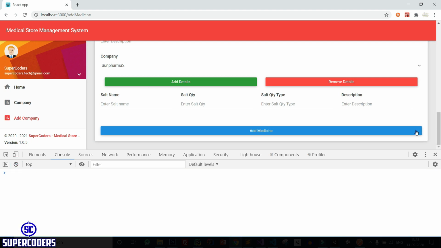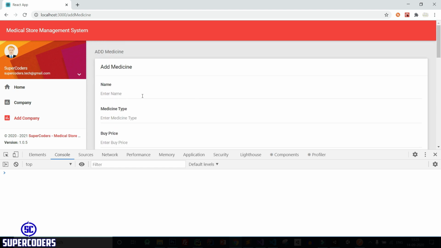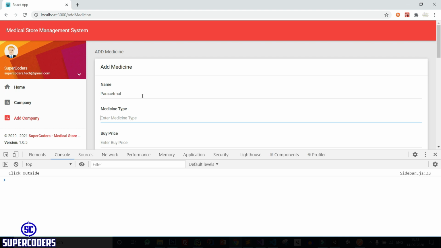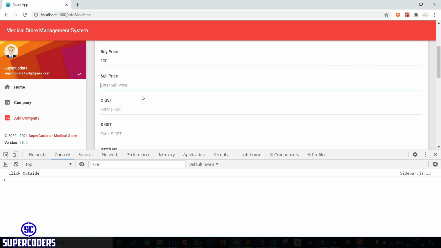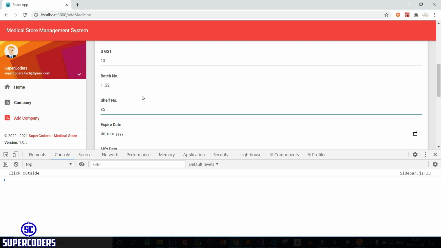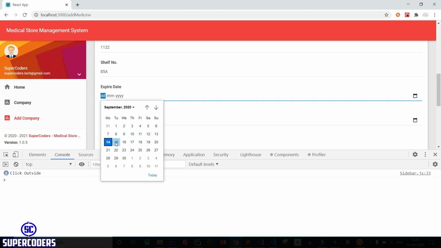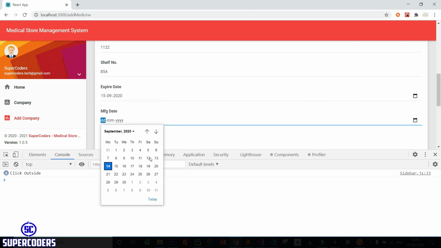Clear the console. Let's see, first entering medicine. So let's add medicine like paracetamol or anything, medicine type tablet. Buy price 100, sale price 130, CGST 10%, SGST 10%, batch number 1122, safe number 85A, expire date, selecting the date 15 September, manufacture date 16,